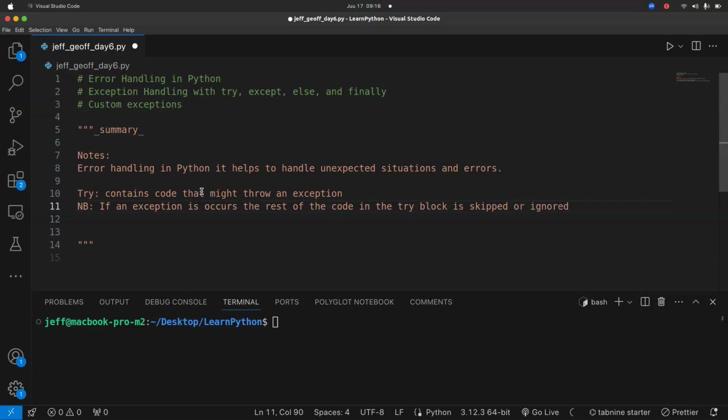So that's the only thing that you need to master for now. The try block contains code that might throw an exception. But once the exception occurs, that block of code is skipped or ignored.